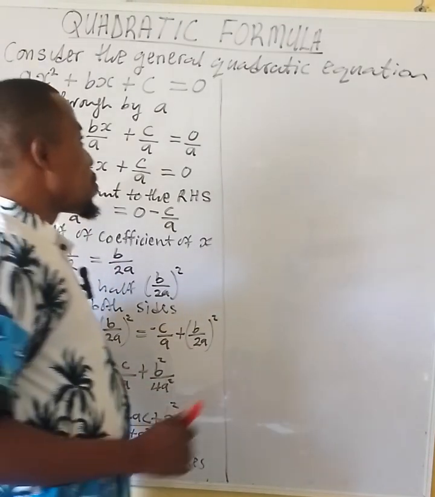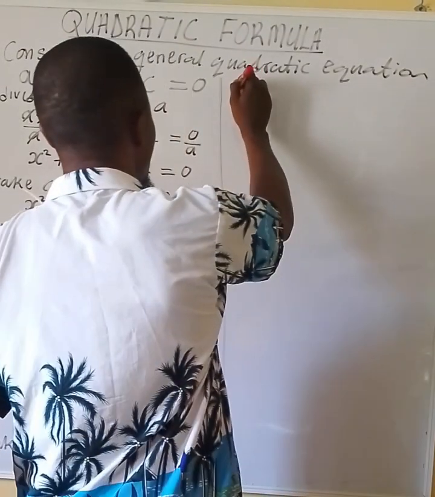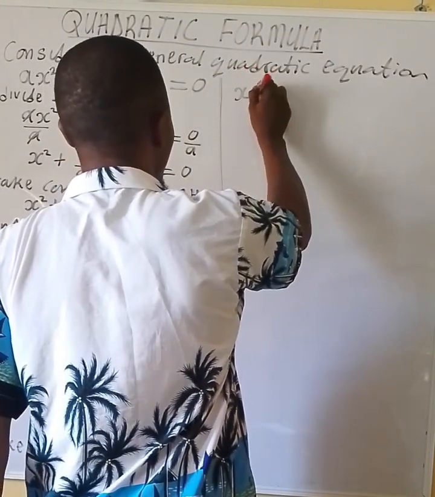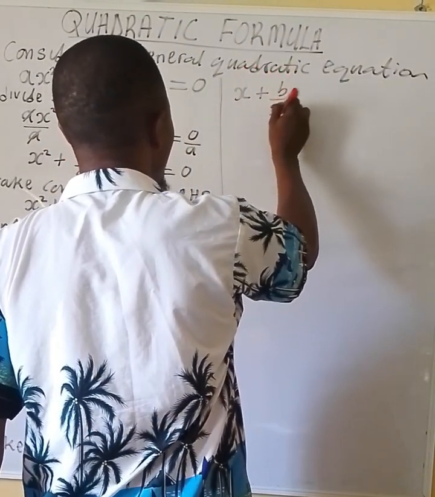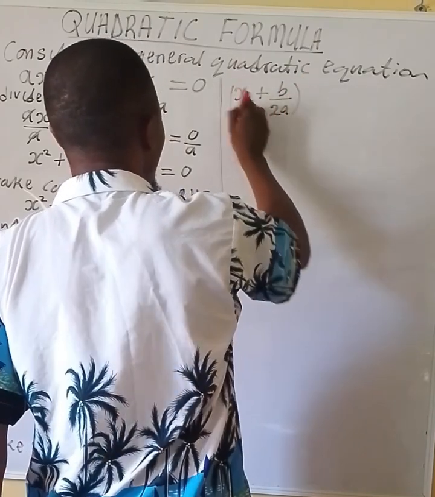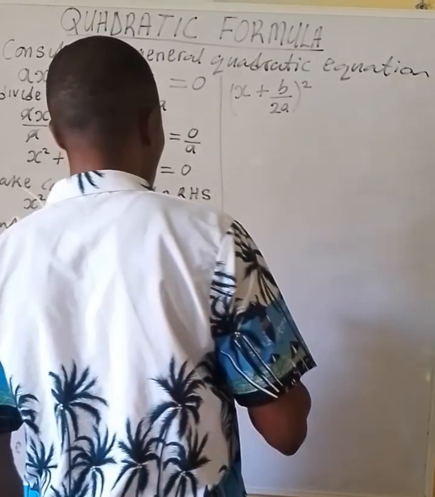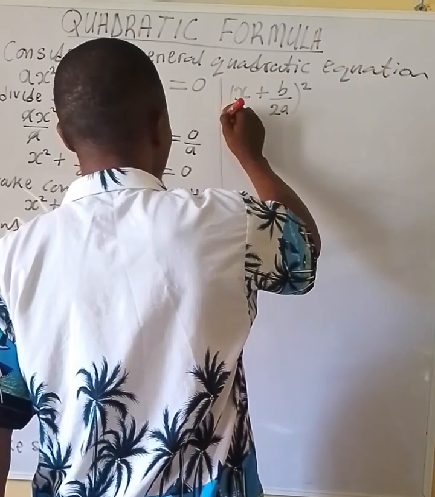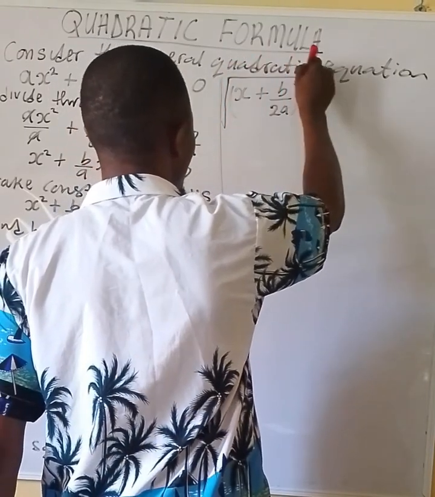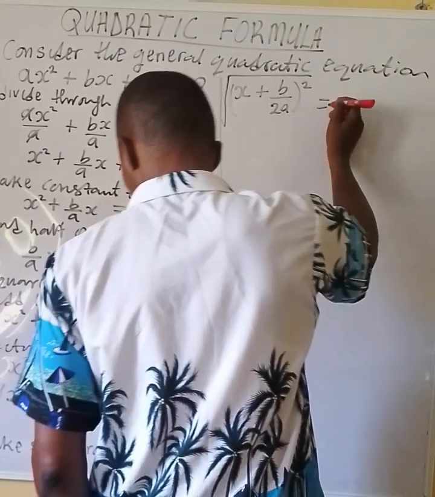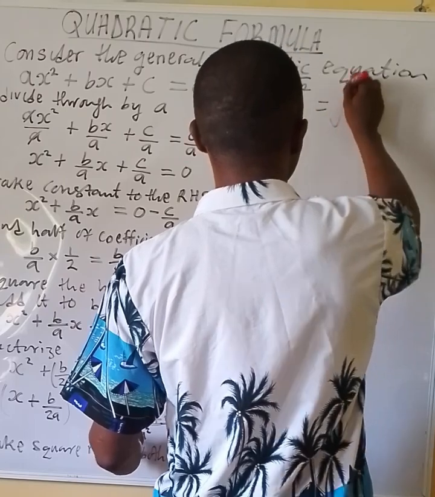By taking the square root of both sides, it will give us (x + b/2a) all squared. That's what we have. Then by taking the square root of it, you put your square root on top, equals to, we also have the square root of